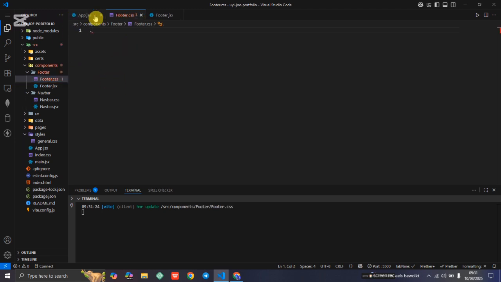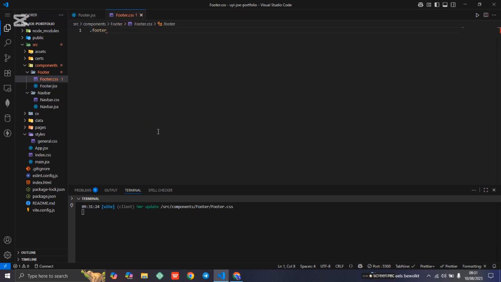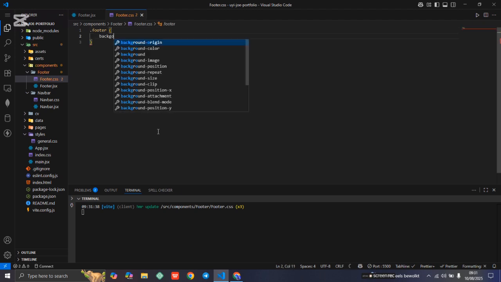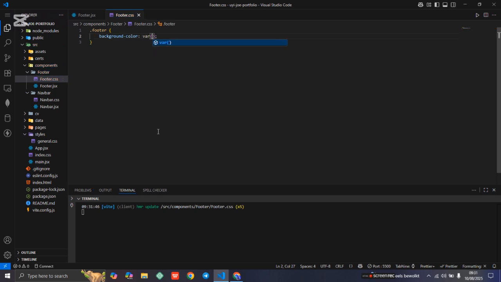Dot. You come to this place to make sure you're doing the right thing, you're following the right class name so that you will not make a mistake. It's better you copy and paste dot footer, enter. All right, and then you say background-color: var(--deep-gray), and then color: var(--text-light),